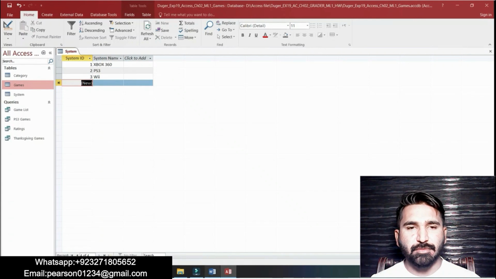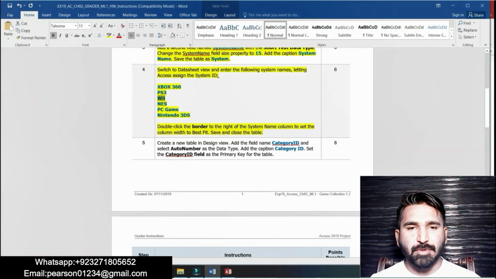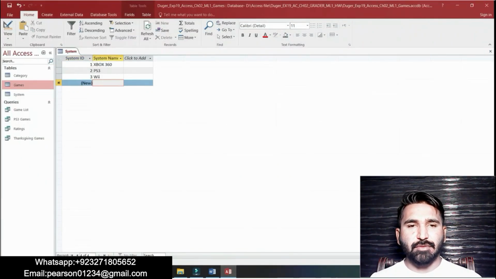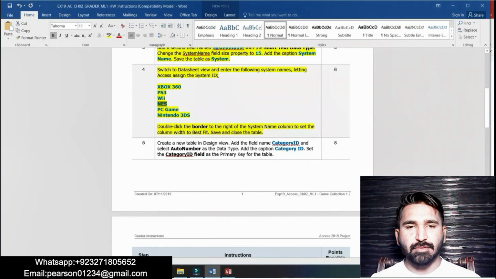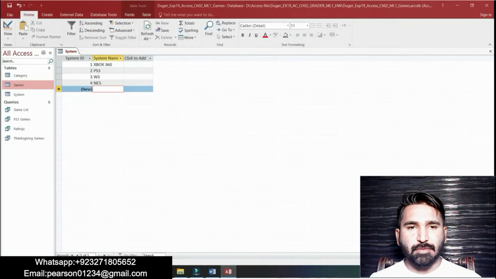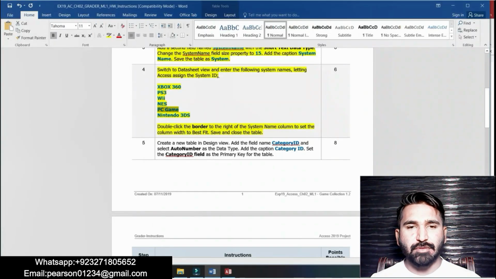Fourth system name is NEC, sorry, NEC, and fifth system name is PC game, and sixth system name is Nintendo 3DS.